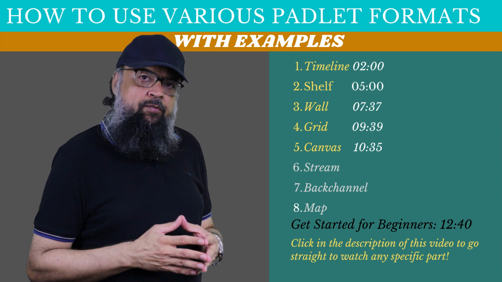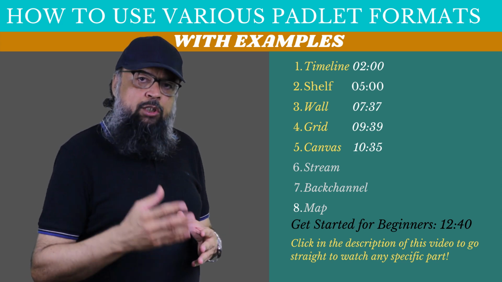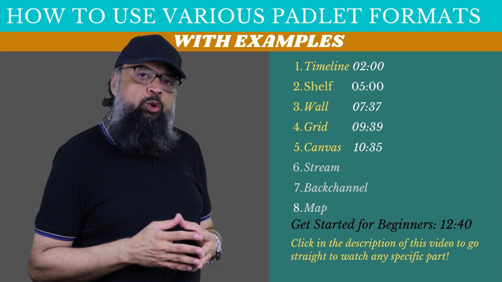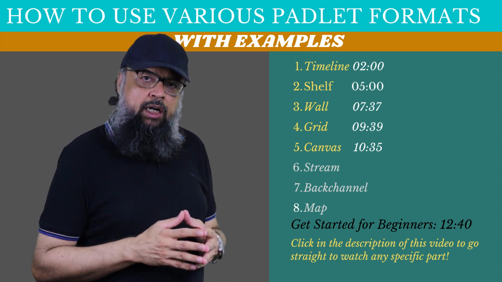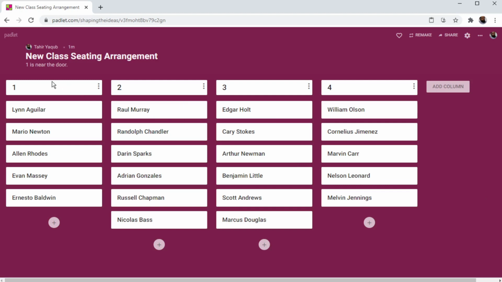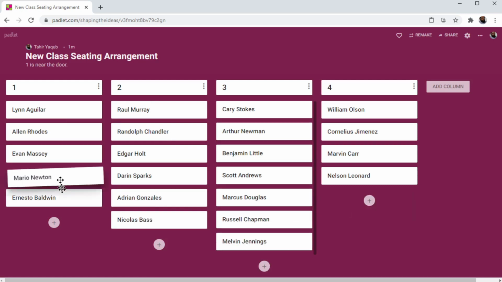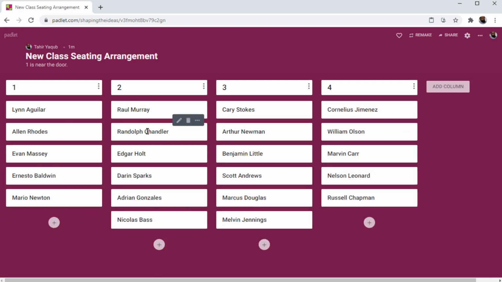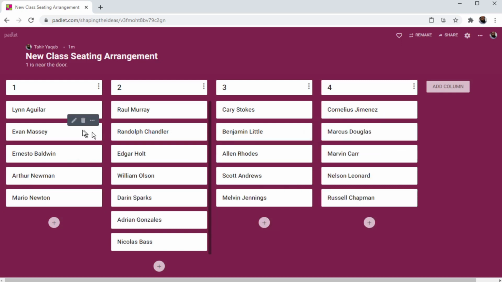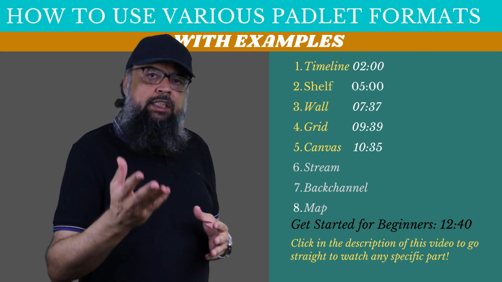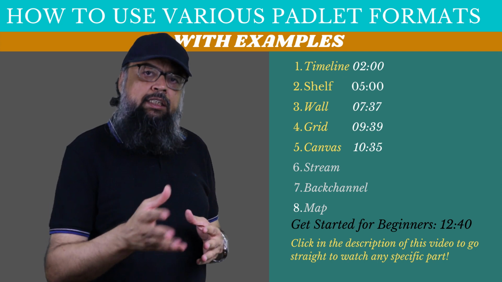Another use of shelf is that, for example, in primary schools specifically, I would suggest that you should be changing the class arrangement frequently so that students get engaged with other colleagues as well. So if you have name of your students in a Padlet, in a shelf Padlet, you can quickly create the arrangement of your classroom, and then if you want to change it at any time, which you should, you can quickly shuffle within few seconds and you can change the arrangement of your class and advise your students to sit accordingly. So this is just an application. Of course this can be done in many ways, but I think this is the quickest way.